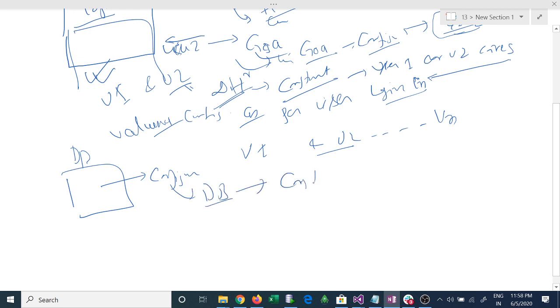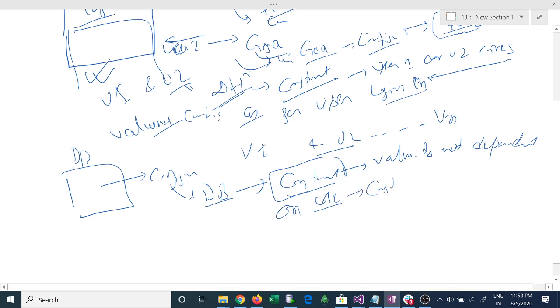So this is constant, this is also constant, but the value is not dependent on the user. So these constant values will be defined at the time of declaration.